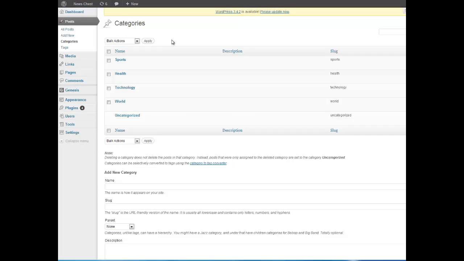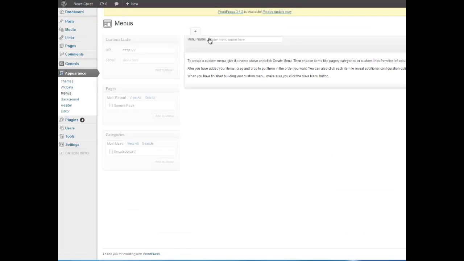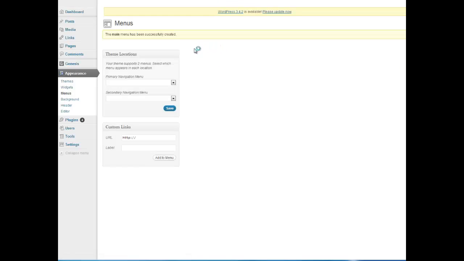Okay, every theme is different, and sometimes some themes will just capture categories and put them in the place where you would like to see them on your site, and some themes require you to create menus that include your categories. We're going to next create a menu from these categories, and we'll do that under Appearance and Menus. And although the themes are different, all of them have these basic components like categories and menus and so on. So we just created a menu called Main,